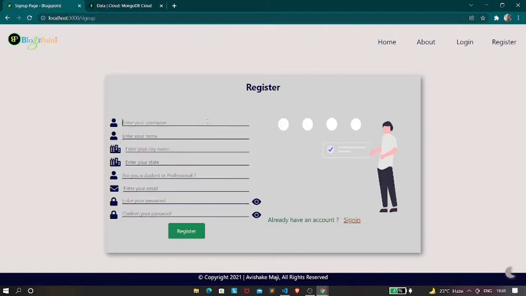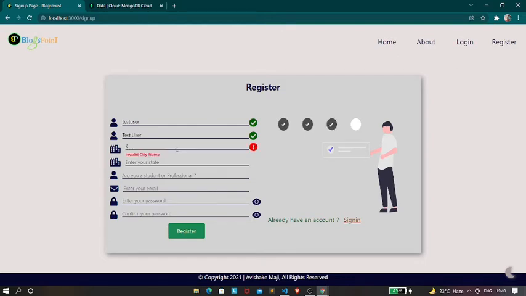So now let's try to register a user which has a different email ID. Let me just create a different username, which is test user. Now there's a validation that all the fields should be lowercase, so let me just keep it small. So test user, the name, let's name it as test user. Name the city as Kolkata. You can name it with another city also. For the time being, let's name it as Kolkata, and let's name the state as West Bengal. So you can see that Kolkata belongs to West Bengal. It is already written over here.